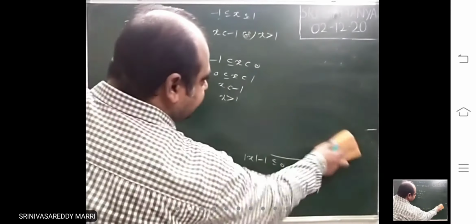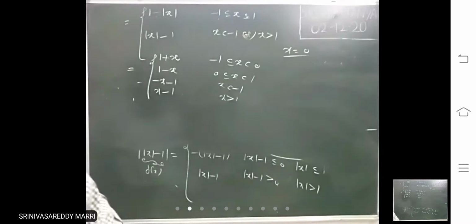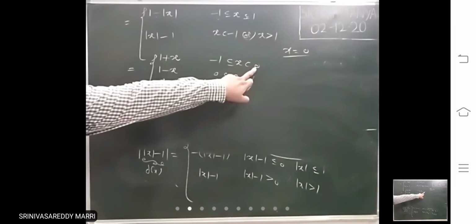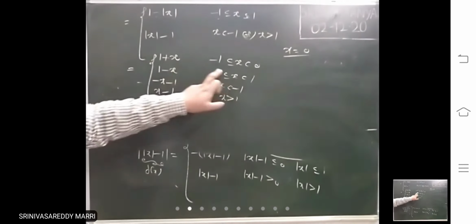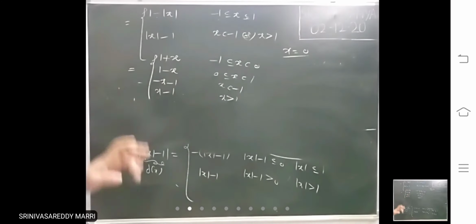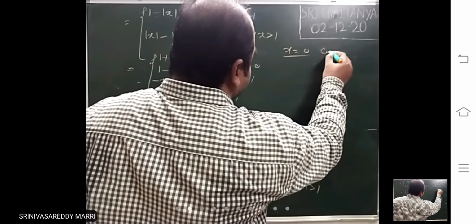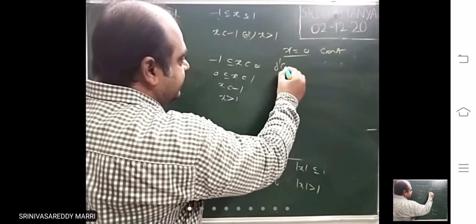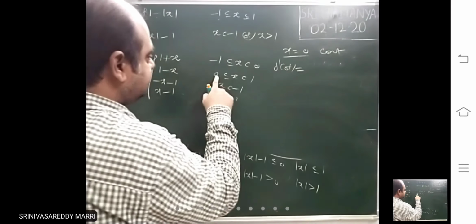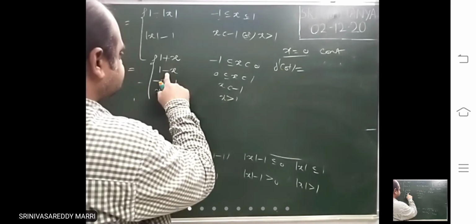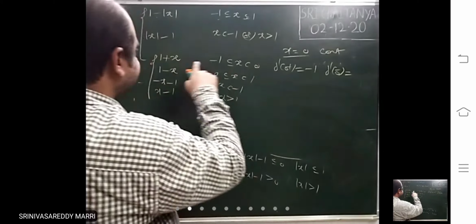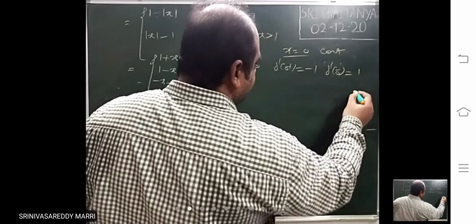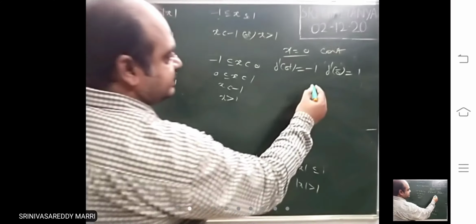Let us take x equal to 0. So at 0, left limit is what? 1, right limit is 1, and f of 0 is 1, continuous. For continuity there will be no problem. Right, differentiability, f dash 0 plus is what? 0 plus means this, minus 1. 0 minus means what? This is 1. So therefore not differentiable.